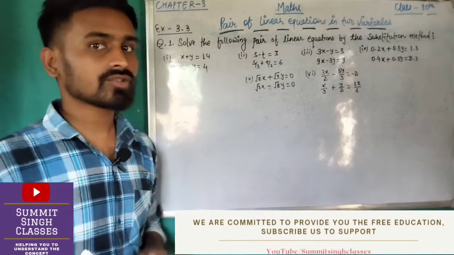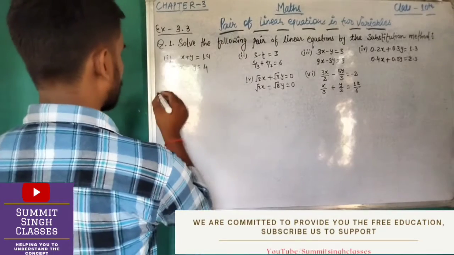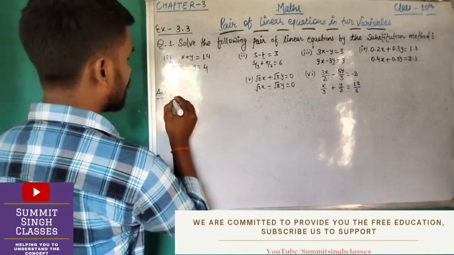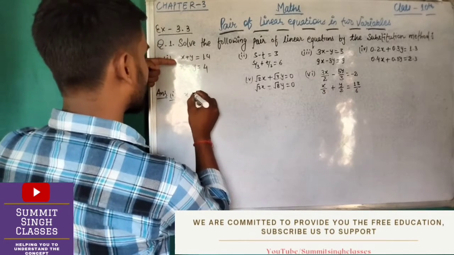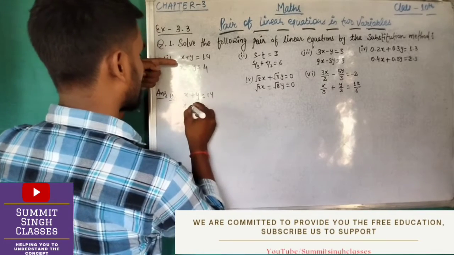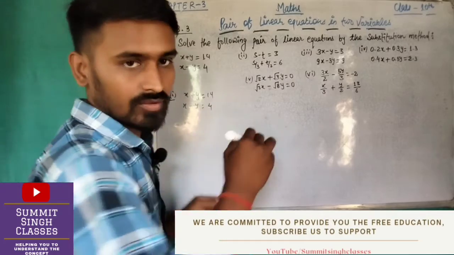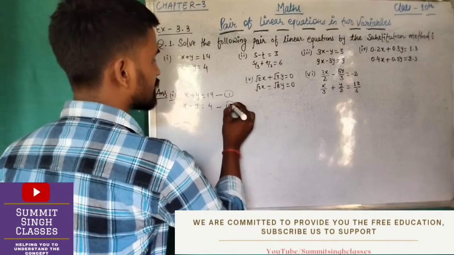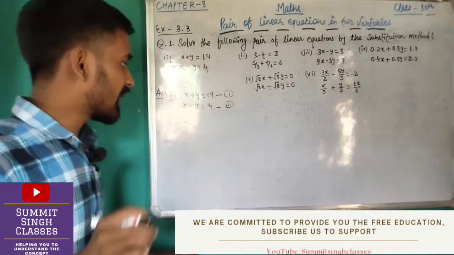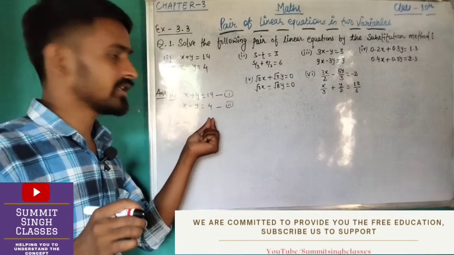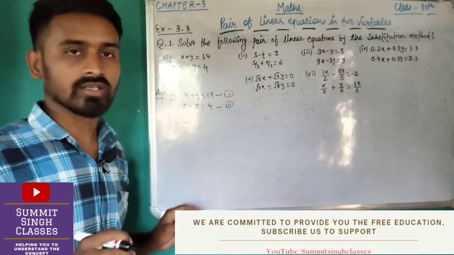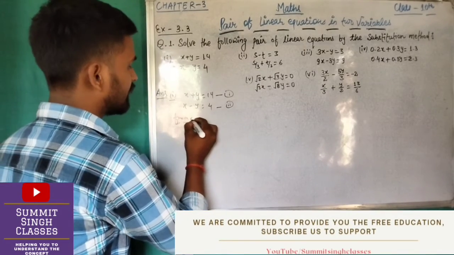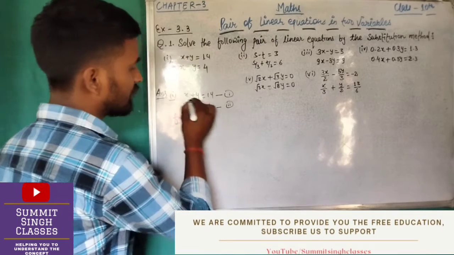Let us talk about the very first question, question number 1. We have to write what is given: x plus y is equal to 14 and x minus y is equal to 4. These are the two equations. This is equation first and this is equation second. We have to take out the value of one of the variables, and that variable might be x or y. So from equation 1, we have